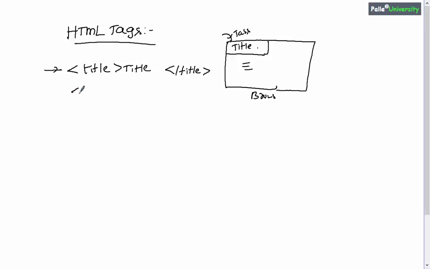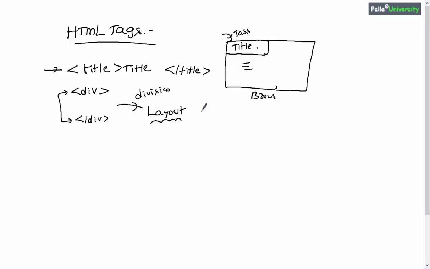Similar to this, we have something called the div tag. For every div, there will be an opening and then a closing tag. In general, the div tag is useful for dividing the available area into a specific layout. So div is for division. You can divide the available area inside your HTML body into different divisions. Most of the cases these divs will be used while designing the layouts.